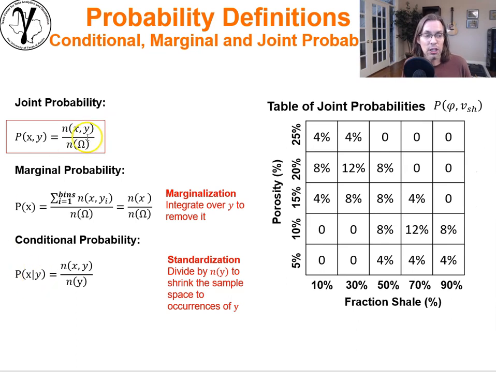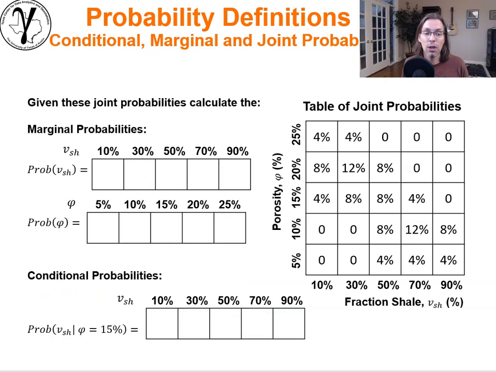Okay, so let's go ahead. Let's start with the joint probabilities. Really simple. We can go all the way through our data set and simply take, we had one sample here divided by 25 total samples, that's 4%, 2 samples here, 3 samples here, not a big deal. So that's how we got the joint probabilities. Now to calculate the marginal probabilities, all we're going to do is sum over the columns to get the marginal for just fraction of shale, and sum over all of the rows to get the marginal for porosity. And for the conditional probability, we shrink our universe. We're basically standardizing by the count, the marginal within each one of the rows or the columns.